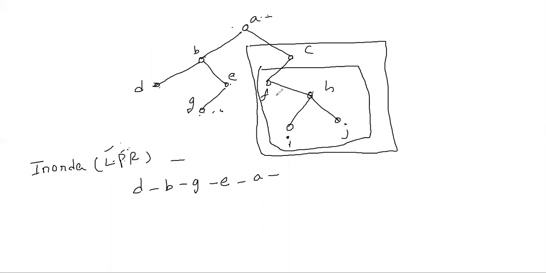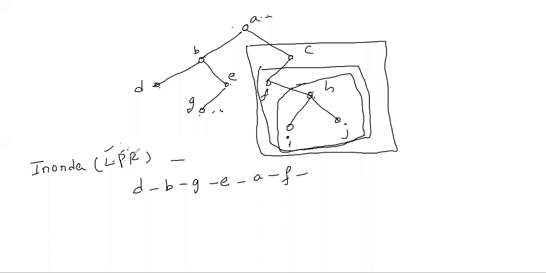Okay. Next for the F left side, what is there? Nothing will be there. Parent, what is the parent? F. Next come to right side. F right side, what is there? Another subtree. H subtree. Now you think about H.